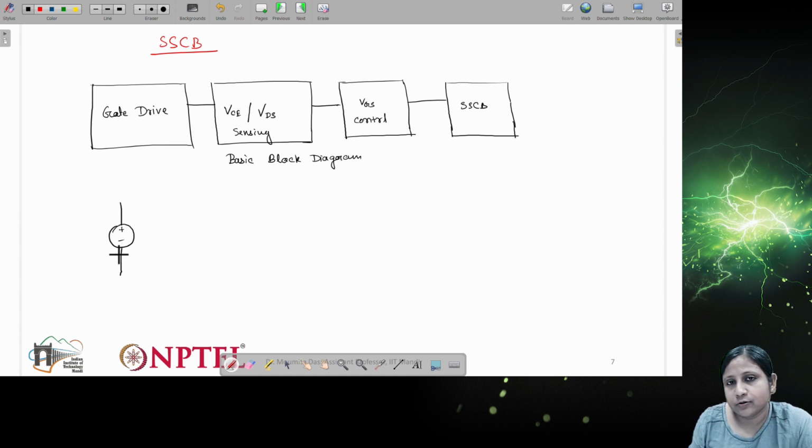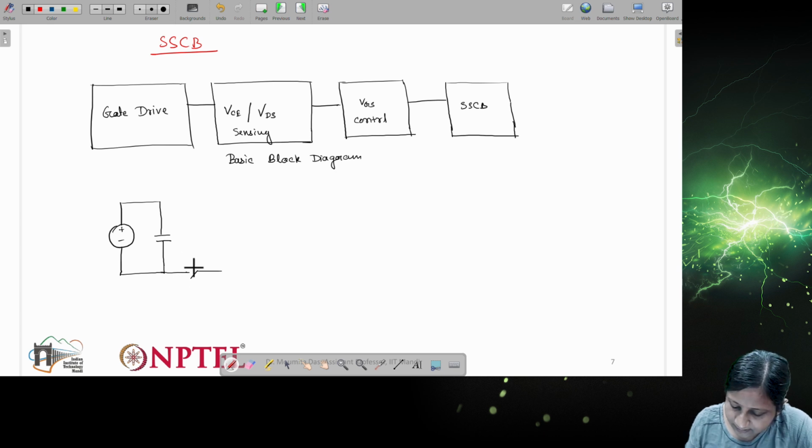the same DC voltage we use for the DPT test, we can use that. Then there are two different capacitors we generally use for this kind of test. Then there will be one SSCB.